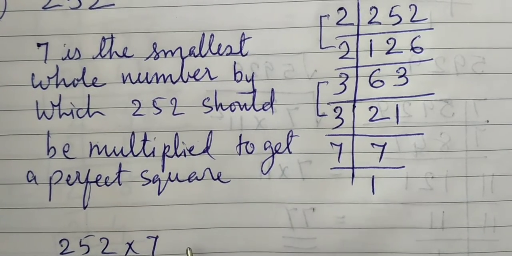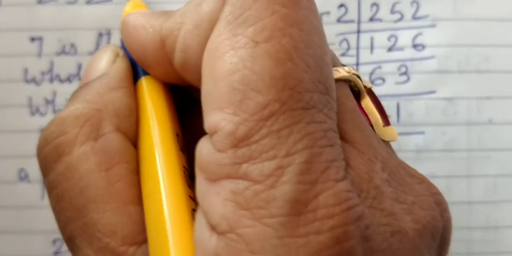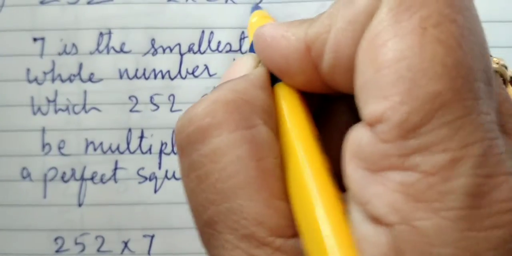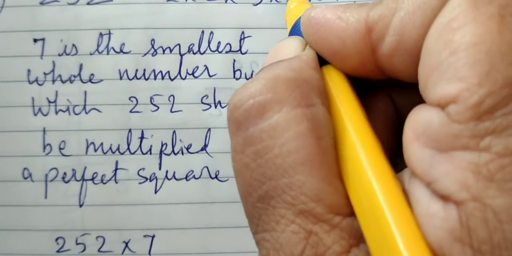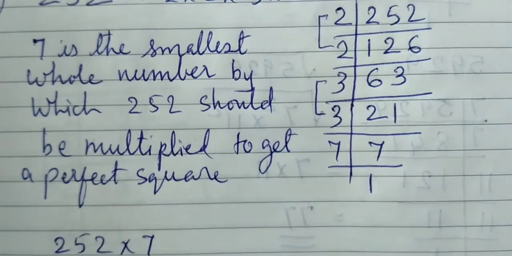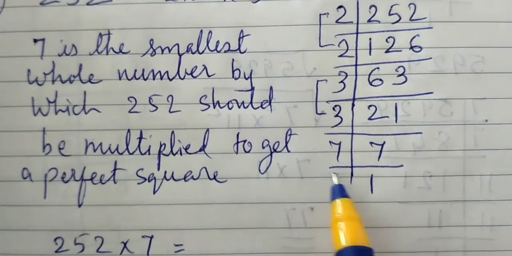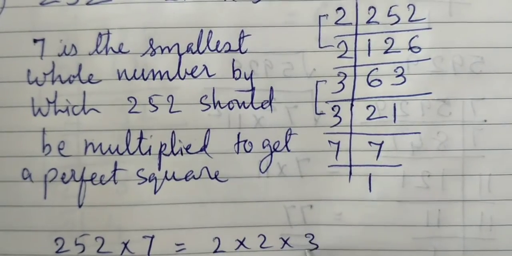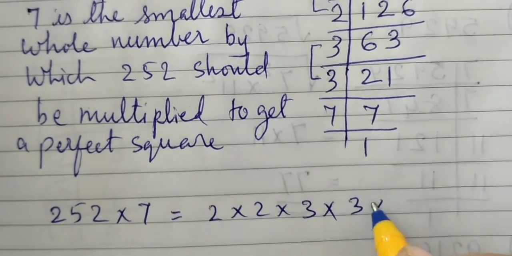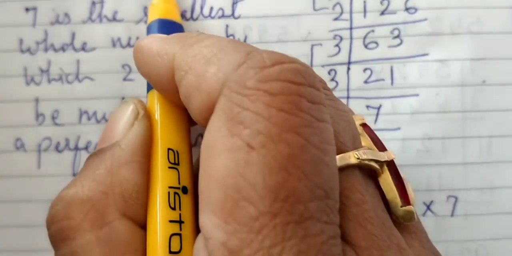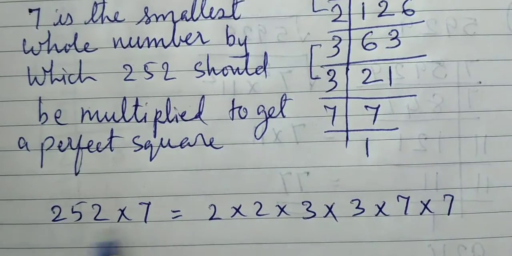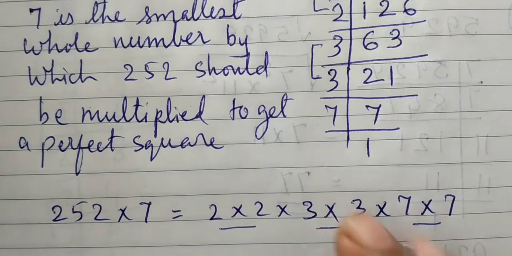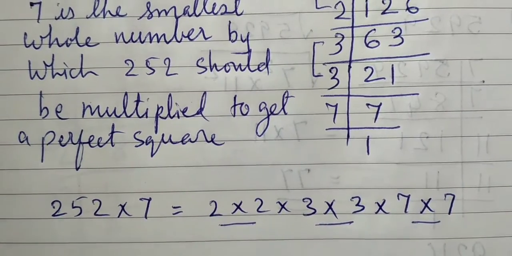252 multiplied by 7. Here you can write it. The pairs you write: 2 multiplied by 2 multiplied by 3 multiplied by 3 multiplied by 7. And then अगेन जो आप मल्टीप्लाई कर रहे हो इस तरफ, वही नंबर यहाँ पे इस तरफ मल्टीप्लाई करिए. ओके, सो हो गया. इसको मल्टीप्लाई करके आंसर फाइंड कर लीजिए, तो आपको वो परफेक्ट स्क्वायर नंबर मिल जाएगा, और लगे हाथ इस तरफ आपको स्क्वायर रूट भी मिल जाएगा.